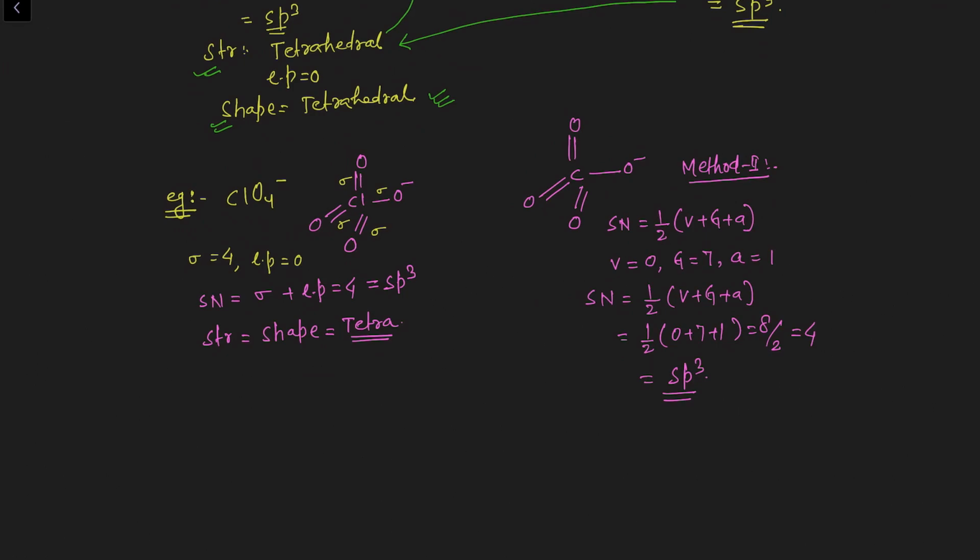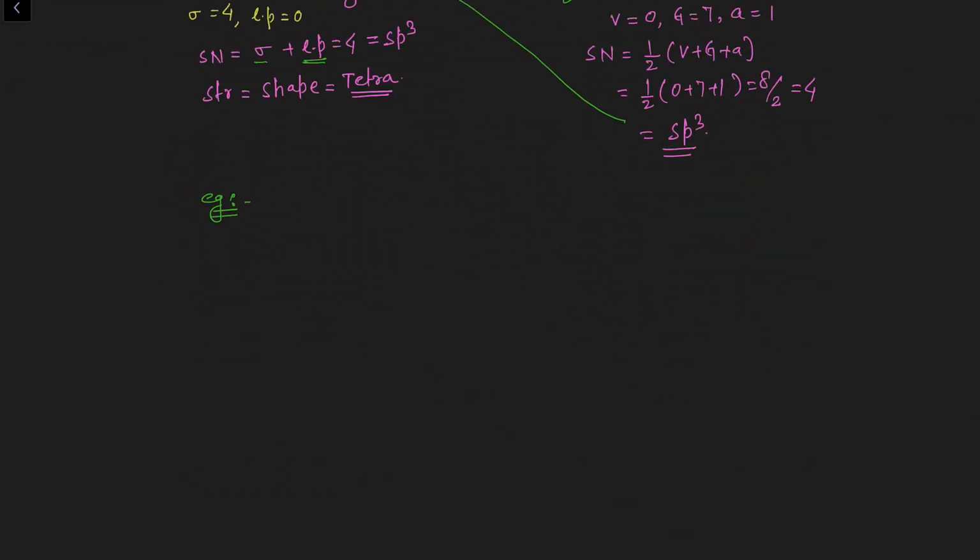If you want to get an idea about the geometry of the molecule, again you need to check the Lewis dot structure. This Lewis dot structure will give you an idea about the sigma bonds and lone pairs of electrons, and accordingly you will arrange the lone pairs and sigma bonds in the tetrahedral structure, and then you will get the shape of the molecule, right? Next example. I am trying to discuss all possible types of examples, so you can easily do the revision just after watching this video completely.